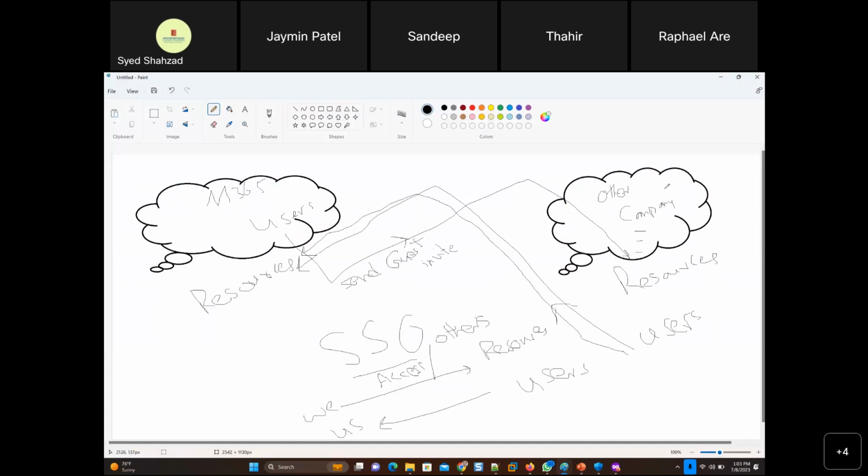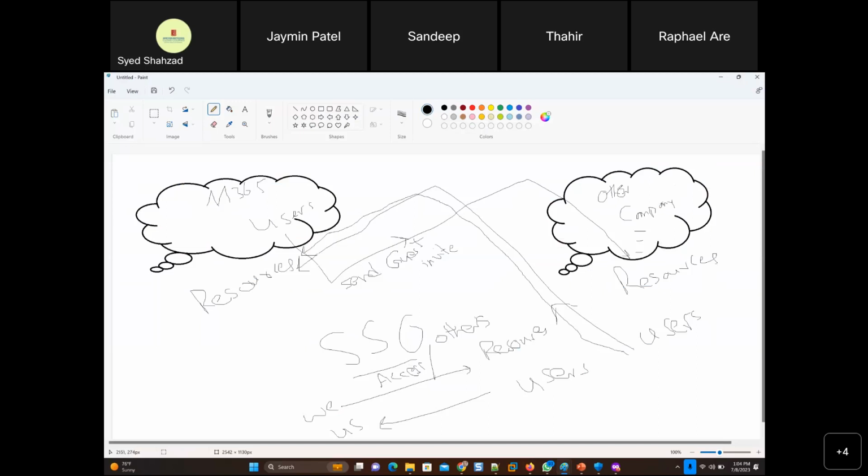G Suite is like Microsoft 365, but a bit cheaper, and they also have their own word processor, Excel sheet, and PowerPoint-like applications. And then they also have a SharePoint kind of thing, and you can create sites there. You can add domains there as well, right? So all that you can do.